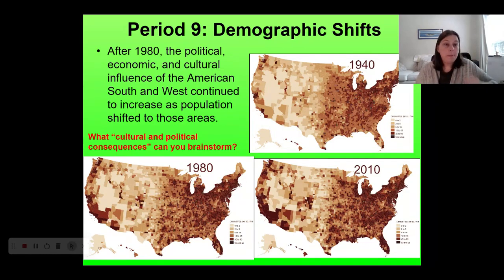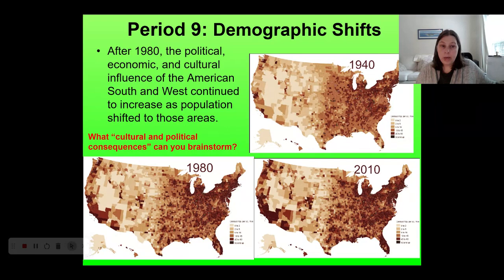A big one is that we have seen the population of the United States moving from the Rust Belt, which is the area around the Great Lakes, where we were strong in the Gilded Age and industrial era, places like Detroit, Cincinnati, Cleveland, Pittsburgh, etc. And then moving down into what we usually call the Sun Belt: California, Texas, Florida, places like Georgia, Arizona as well. You can see here from 1940 to 1980 to 2010, generally the population density of the United States increasing, like overall our population has grown, and also the shifting of that population, especially notable if you look at the West Coast, where the population density increases quite a bit.